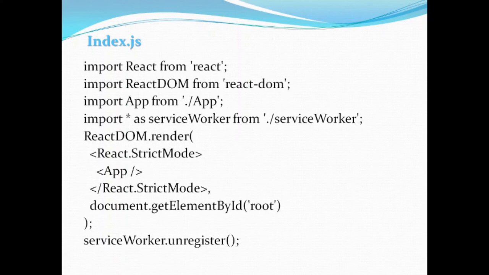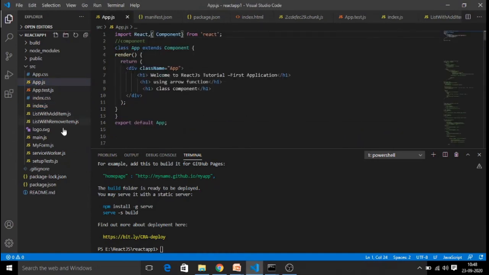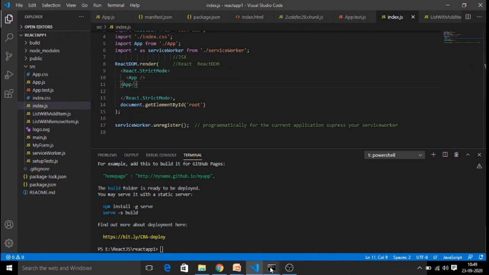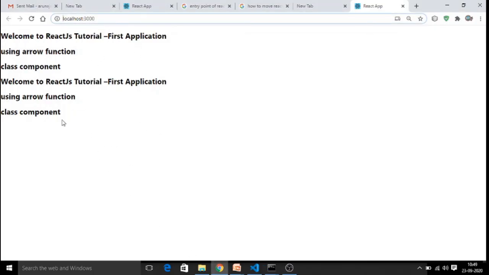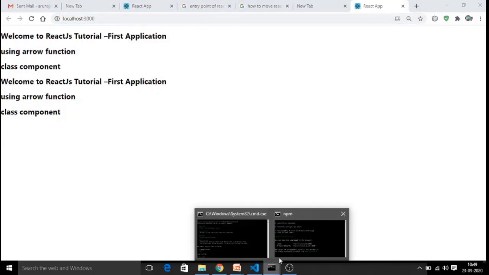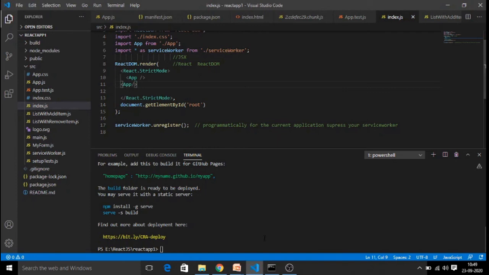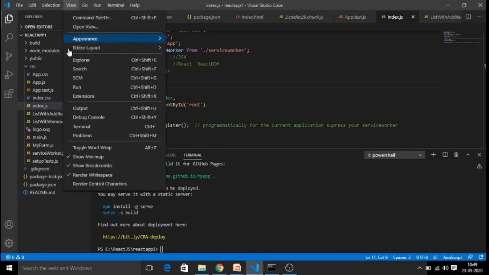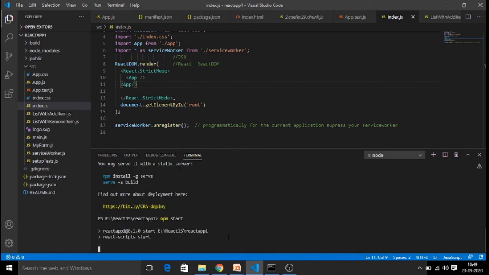So this is how we can create a React application, right? So here we are observing the components like App.js and then index.js, and how do we compile and run, and where do we observe the result, right? Let us say I'm going to close my application over here. I would like to run my application from my IDE tool itself. So go to View and go to Terminal, and in this terminal itself you can just run your application. Same command, npm start. Instead of opening a separate command prompt, just here itself you can do that.